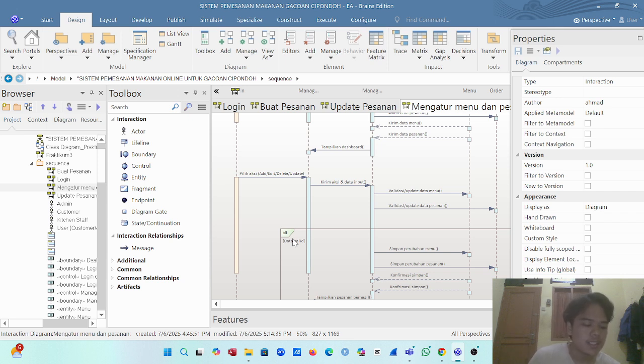Together, these diagrams provide a strong foundation for system development based on the MVC architecture. They improve clarity, reduce misunderstanding, and serve as a technical blueprint for implementation.